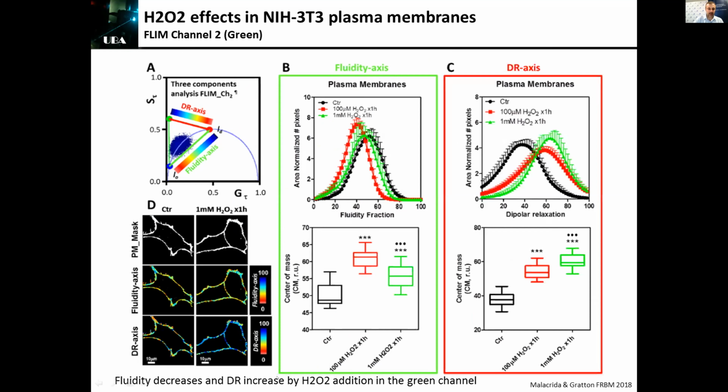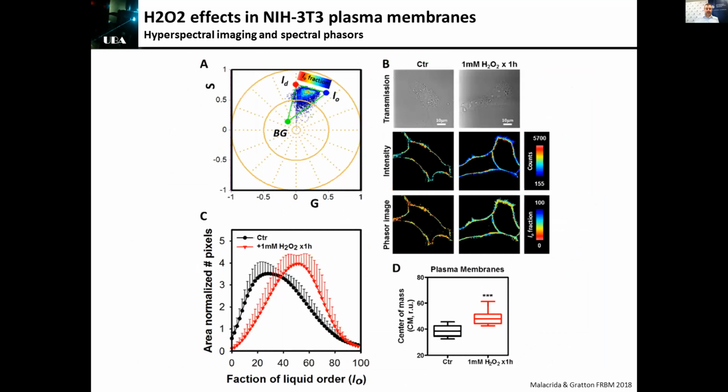So as a bottom line, fluidity decreased as dipolar relaxation increased by hydrogen peroxide in the green channel. But as I said before, we have also spectra, and in the spectra we basically have the 2 variables, the fluidity or the order-disorder and the dipolar relaxation, moving together along this line. In that case, we have a strong background. And as I said before, this is not a problem. You need to include it in the system and then trace back